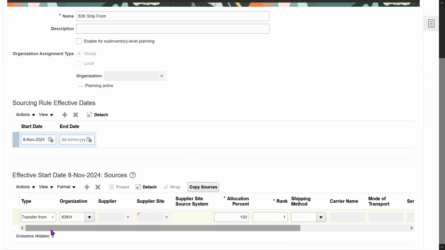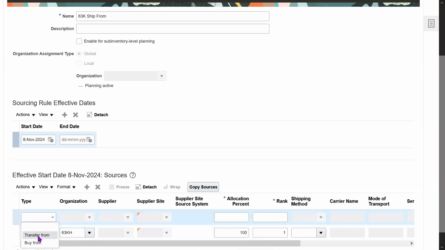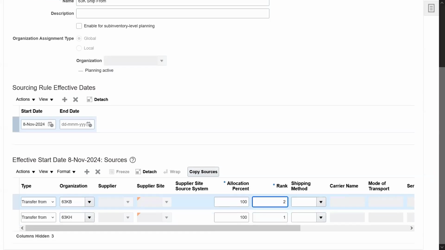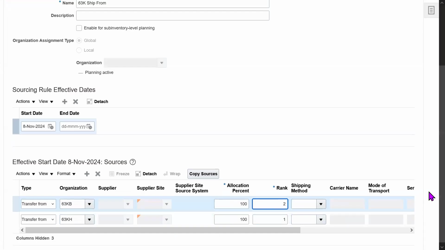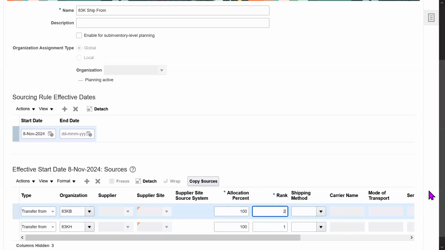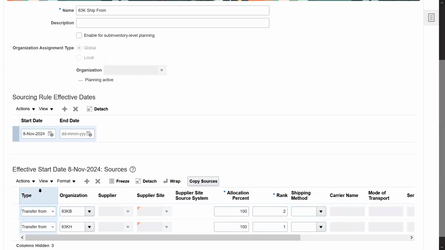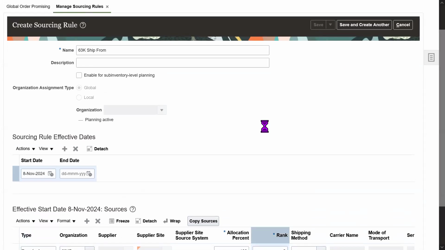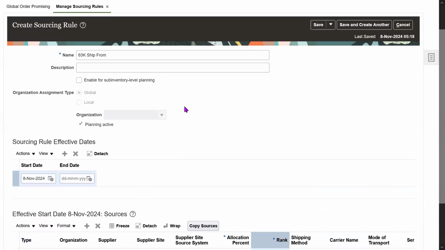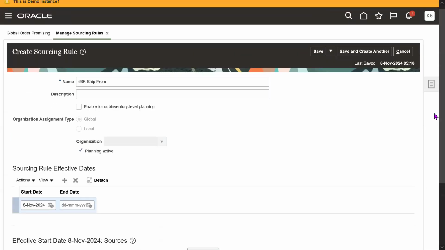So you can also configure one more row. So this time I'm selecting the Hyderabad org, 100% rank 2. What is this rank 1 and rank 2 and the allocation percentage? I'll explain you shortly. Okay. So as part of the ship from rule, I selected the transfer type as transfer from, and I added the inventory organizations, and then rank 1 and rank 2. Okay. So which customer sales orders have to be shipped from this organization, that we need to